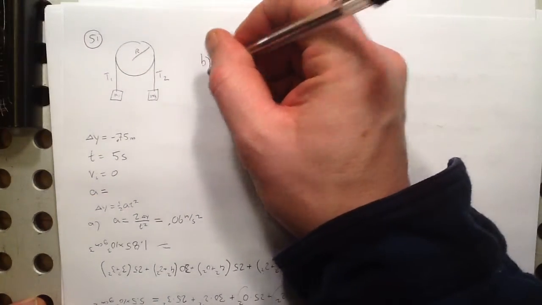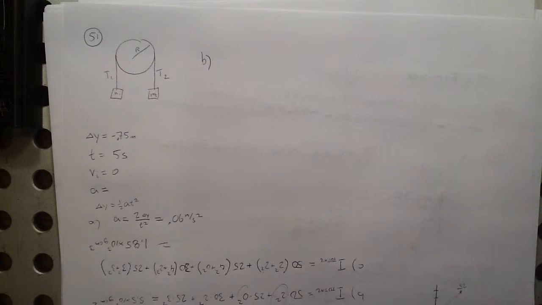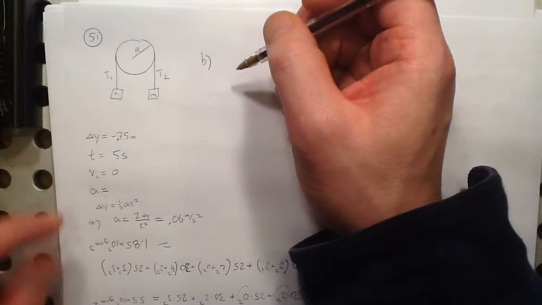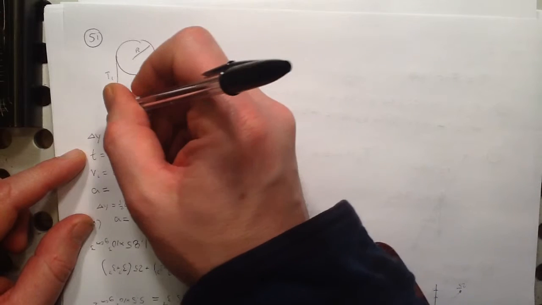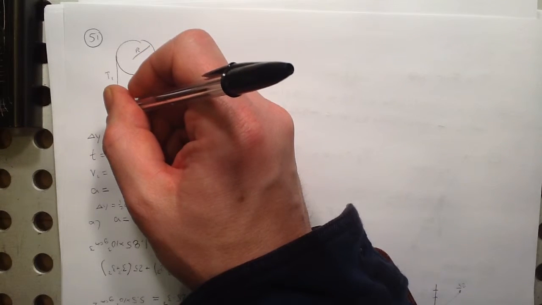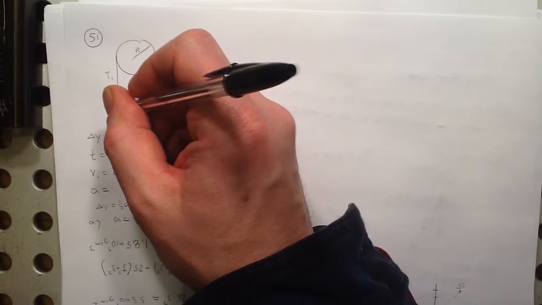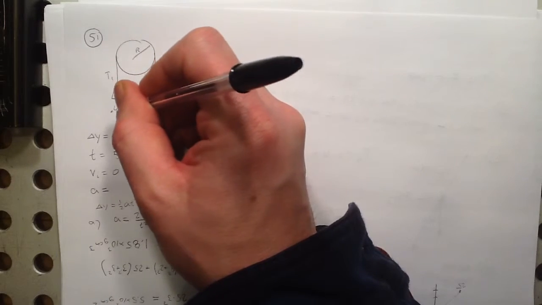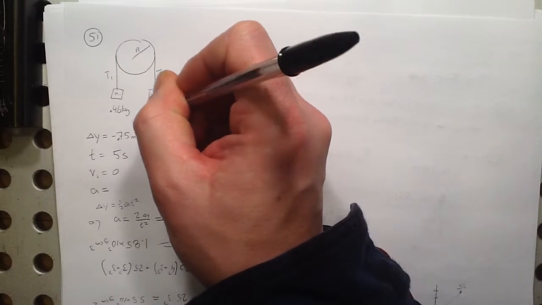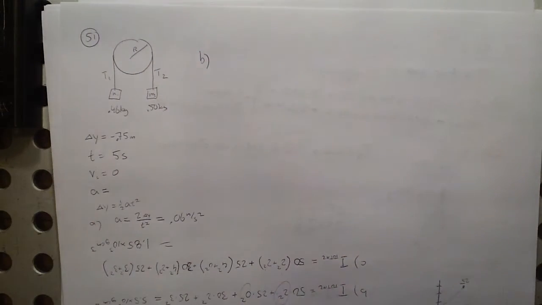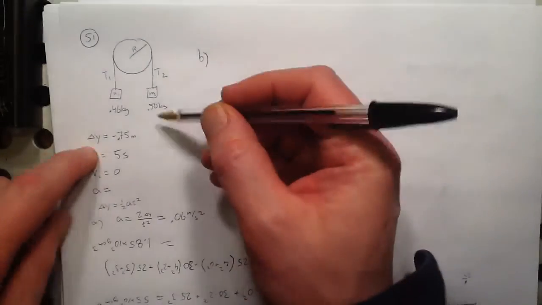Part B. B and C, we want to find the tensions. So there's a bunch of equations here that we need to write. We need to write the net force equation for each block. And let me just write their masses in here so I know which way it's going. Mass 1 is 0.46 kilograms, and mass 2 is 0.50 kilograms. Right? So it's going this way,